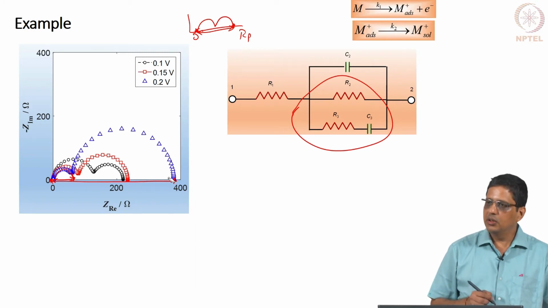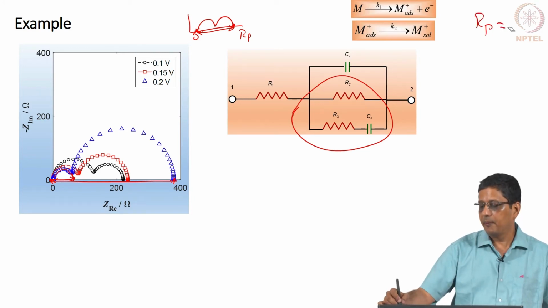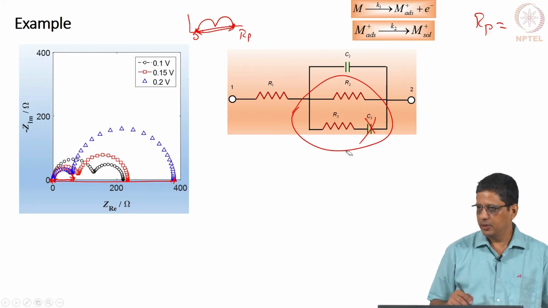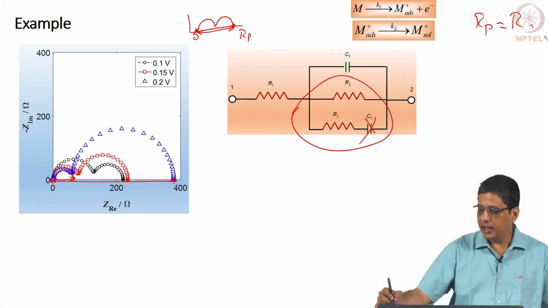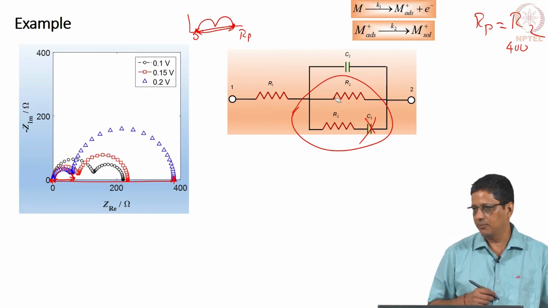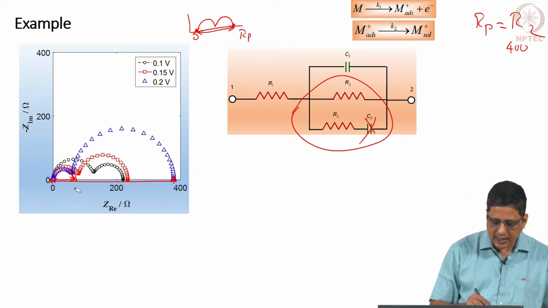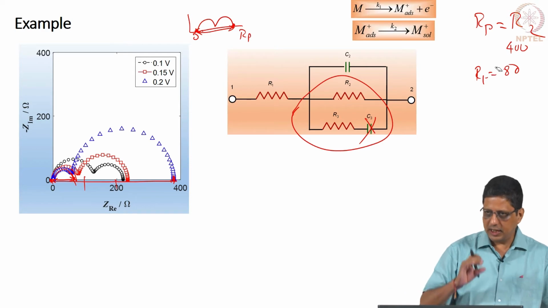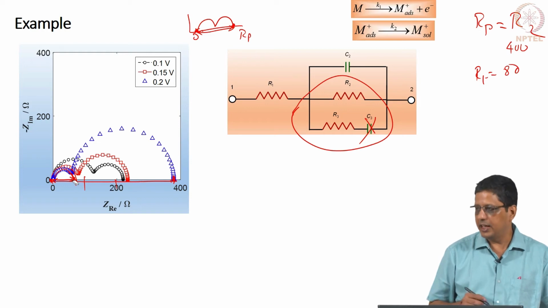Now, in the circuit, what is R p? When I give 0 frequency, current will not pass through this, current will pass through only this. Therefore, if I am taking this data, I am going to estimate it and start with an initial value of 400 or something close to this. Where does it hit here? Okay, this is 200, this may be 100, this may be 80. Of course, if you have access to the data, you can go into a little more detail, zoom in and then check. I will say this is roughly 80.